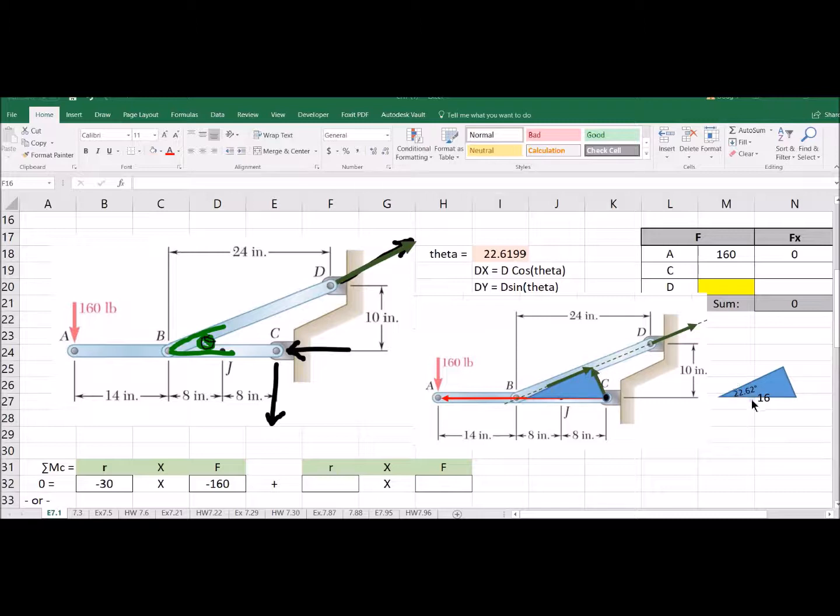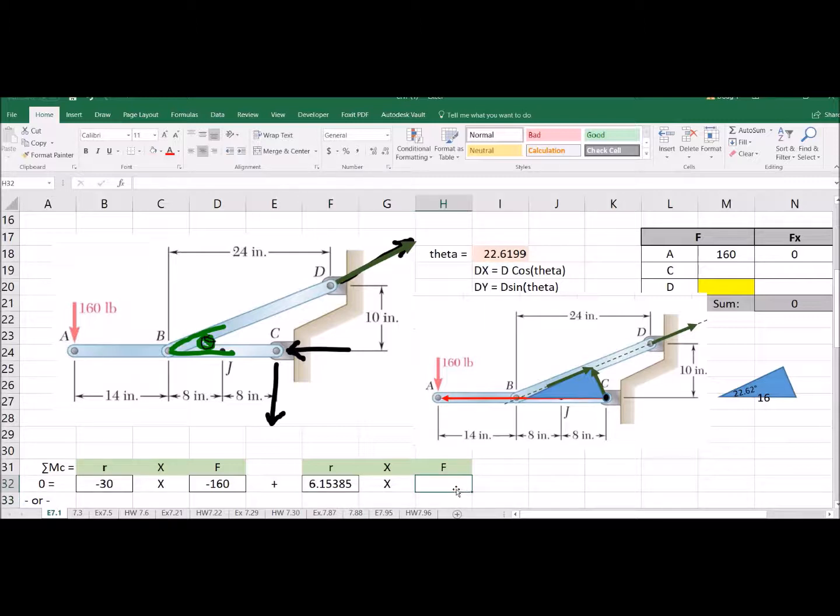So if we just make a little right triangle in here, and we know the hypotenuse of that triangle is going to be 16, so this little perpendicular distance, that's opposite that 22.62. So here's from C to the line of action of this force, to calculate this, is going to be equal to 16 times the sine, and we have to put that into radians, of that 22.62 degrees up here. I'm just going to click on that cell. Okay, so there's our position vector,